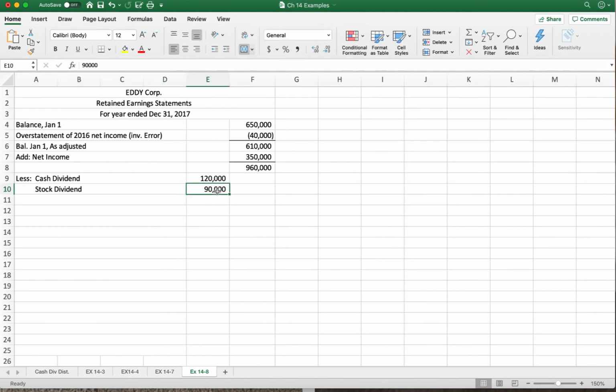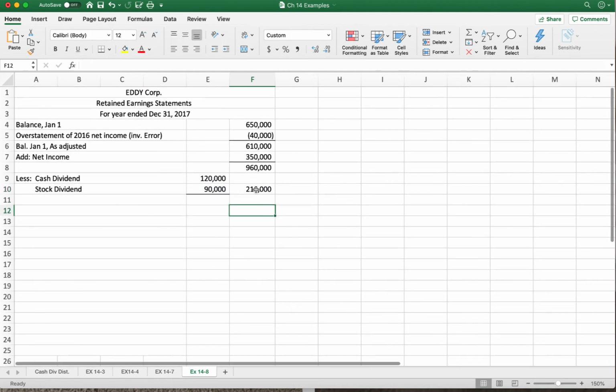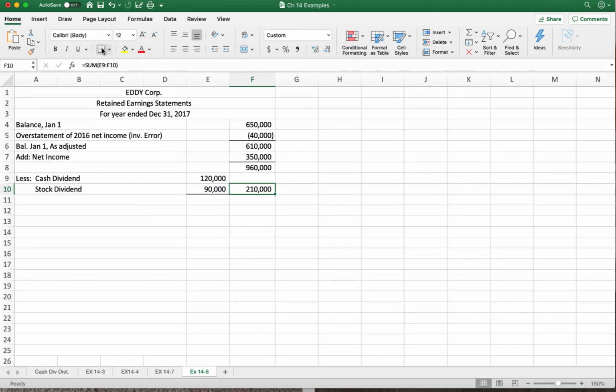Okay, so if I add these up over here, I see that I need to subtract out $210,000 from my retained earnings to end up with the ending balance. So if I take my $960,000, subtract out my $210,000, I get $750,000. This is the balance